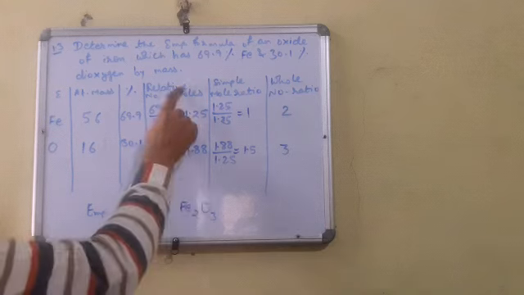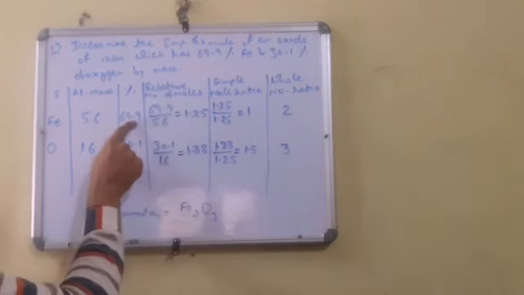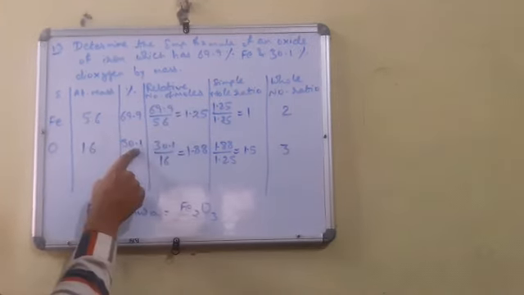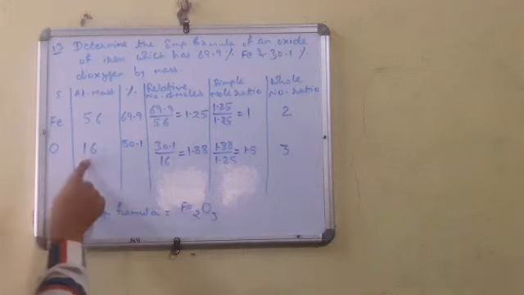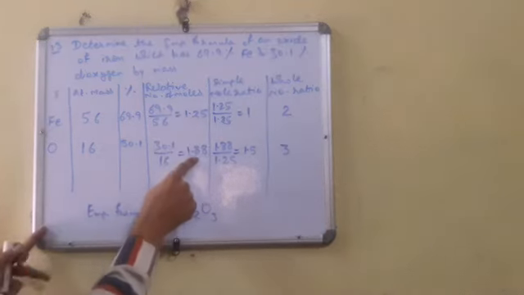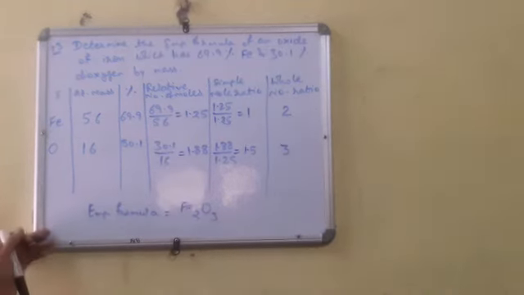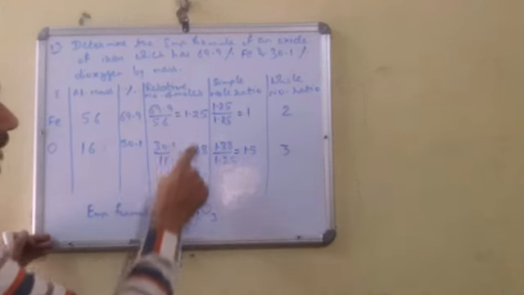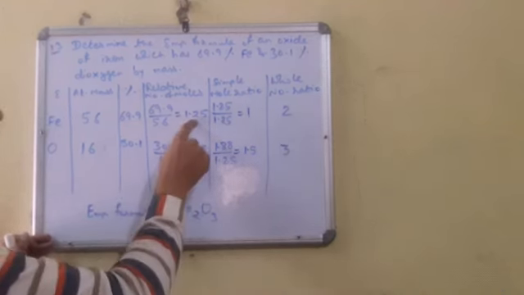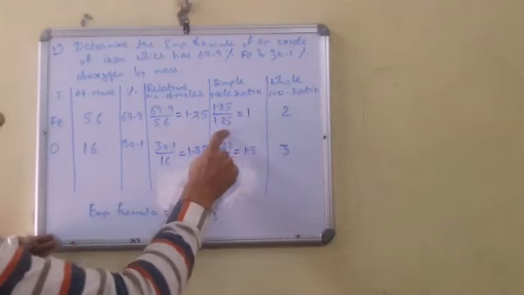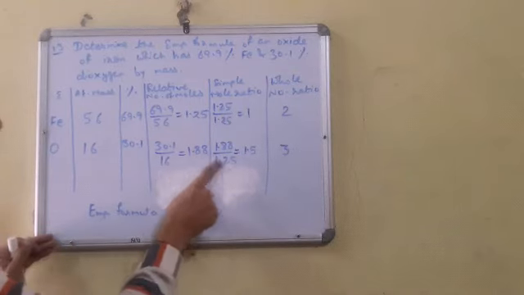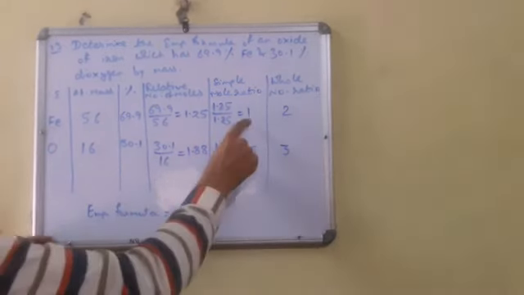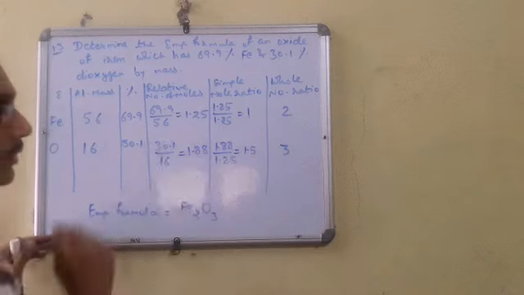Now we will find the number of moles: 69.9 divided by the atomic mass, 30.1 divided by 16, its atomic mass. We get 1.25, here we get 1.88. Now for the simple mole ratio, I have told you whichever is smaller, we will divide both of them by that smaller one. Now 1.25 is smaller, so 1.25 divided by 1.25, and here 1.88 divided by 1.25. In this we get the simple mole ratio 1, here we get 1.5.